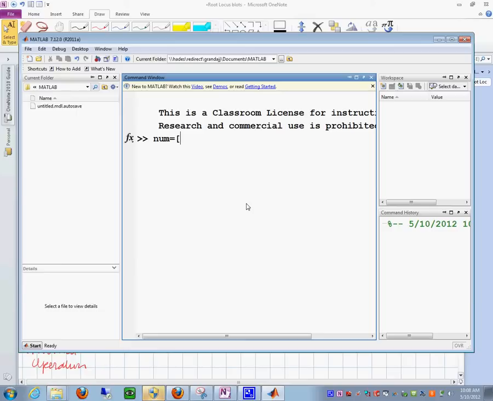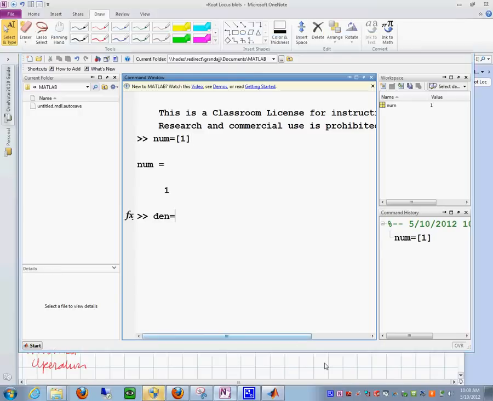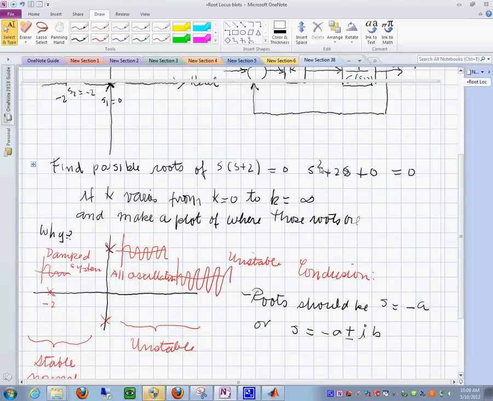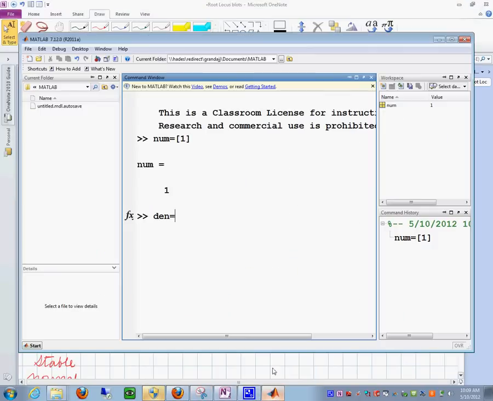Let's say this is number 1 in here, and the denominator is going to be the polynomial I had in here. Remember this guy here? So s squared plus 2s plus 0. That would be a 1 in here, and then a 2 in here, and then a 0 over here,